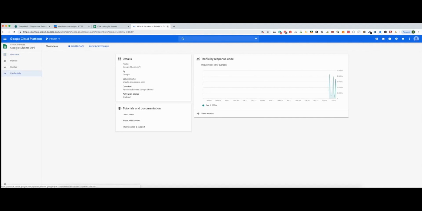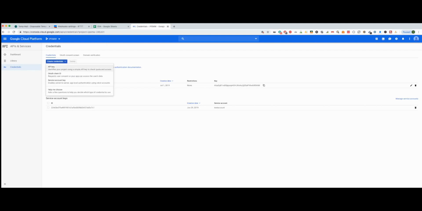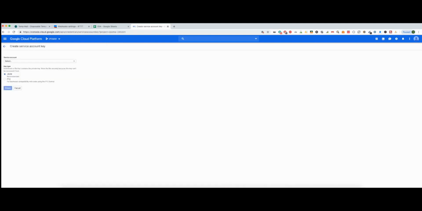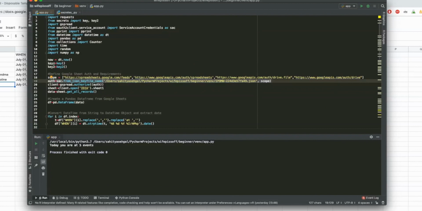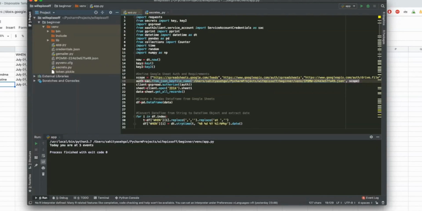And then you're gonna go to credentials. You're gonna go to create credentials, then service account key, and follow the instructions. You're gonna pick JSON, which is what's recommended, and download a file. You're gonna take that file and put it in your same folder here. So you've got app.py, which is what I've called this. I'm not using credentials.json. I was doing something else, and I'm not going to use getMailer, but this is the file that I've downloaded. You can rename this to whatever you want, and you're going to pass this in this